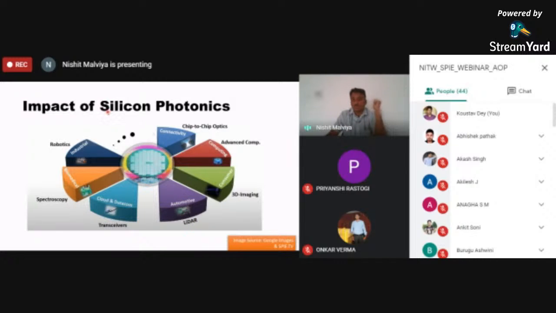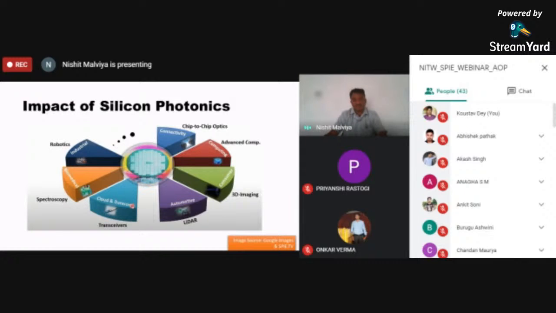The CMOS fabrication technology is a very mature technology. So they are trying to make different chips on silicon photonics and apply them to lidar technology, because driverless cars require lots of lidar applications. So the chip is utilized in the lidar of the driverless car.